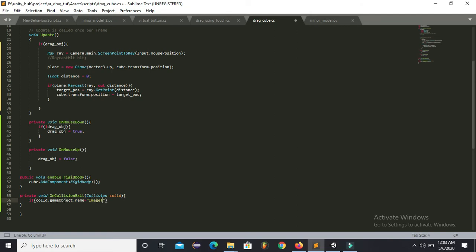Which I have to specify. Then here I have to specify the name of the game object which we want to detect whether our cube is losing contact with it or not. So here I will start a coroutine, with the name of the function which we will be calling.